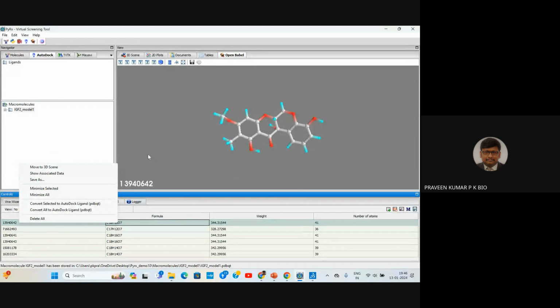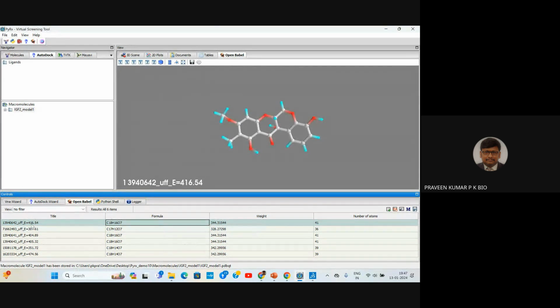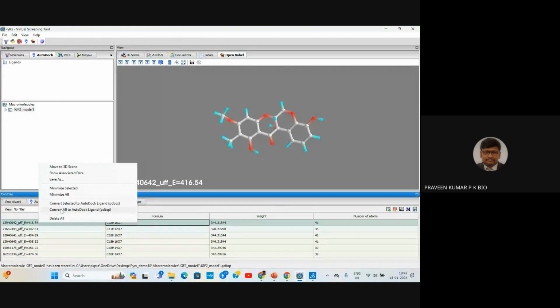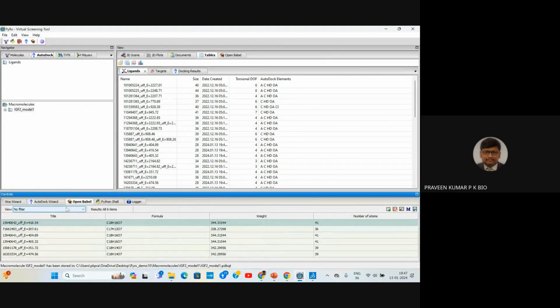ligand and receptor. But now in this step, instead of doing the energy minimization over a single ligand, I'm going to use all the 6 ligands for docking, isn't it? So instead of clicking minimize selected, click minimize all. If I click minimize all, the energy minimization happens with all the 6 ligands. The energy is shown here now. Now, the next step is to right click and convert all to AutoDock ligand. So now what is going to happen? All the ligands are converted as .pdbqt files, all the 6 ligands. So the process has happened now. All the 6 ligands are converted as